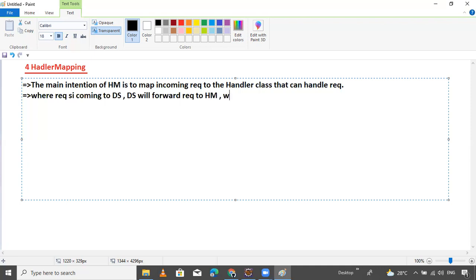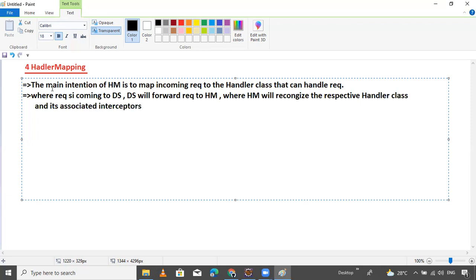The handler mapping will recognize the respective handler classes and their associated interceptors. Now one question is coming.